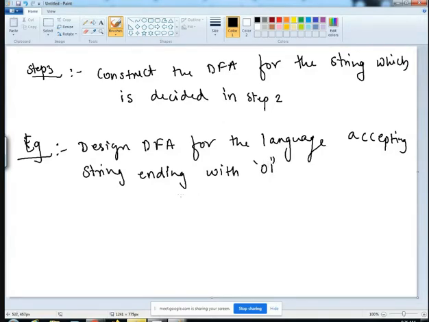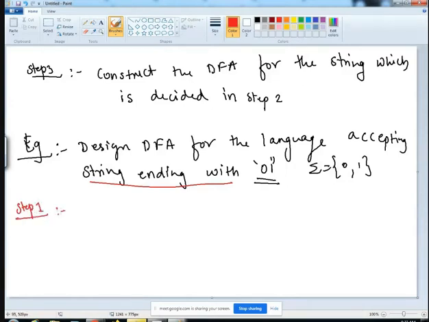Okay. So if you observe, in this case the string is ending with 0 1 and the input alphabet given is 0 1. Now as per the rule of DFA, this is your type 1 problem because we are going to design a DFA that has strings ending with something. Right? So in step number 1, what are we going to do?